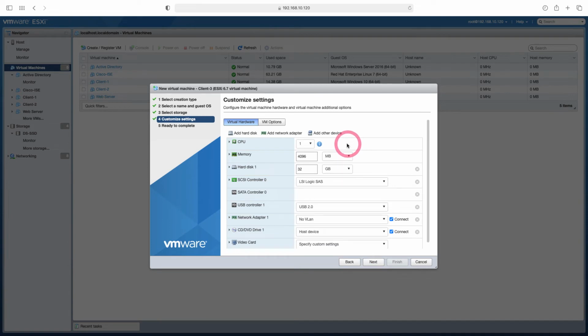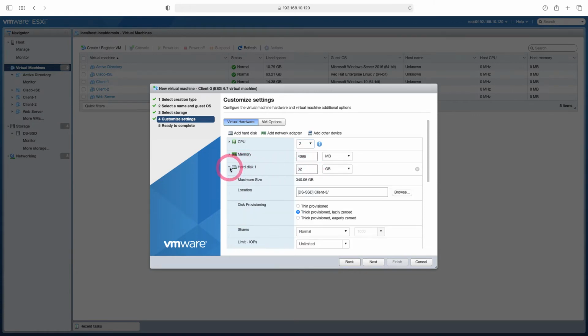Here, it asks for the hardware information we will give to our virtual server. Here you can choose the CPU values. For example, you can choose 2 CPUs. You can set the RAM settings here. You can set how many GB hard disk you want to give from here. When we come to disk provision, if you choose thin provision, it will take up space on the hard disk as much as the amount of data it uses. If you set 32 GB hard disk, it will not use all of it.